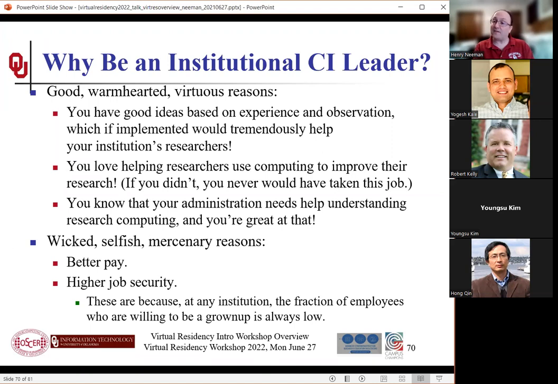I was surprised how much education needs to be provided about research workflows to administration. This is interesting too. So we start by believing that what we know is common knowledge. We are shocked to discover, and I'll talk about this in the next session, that not only is that not true, it is literally the exact opposite of the truth.